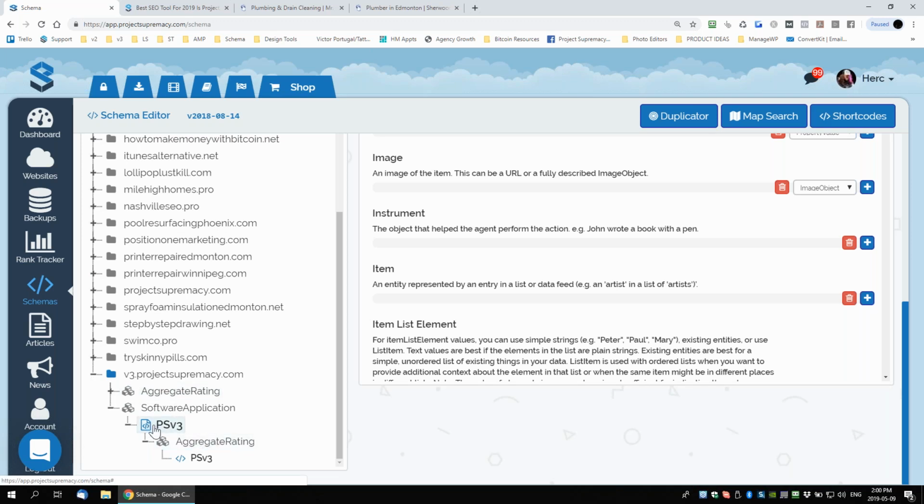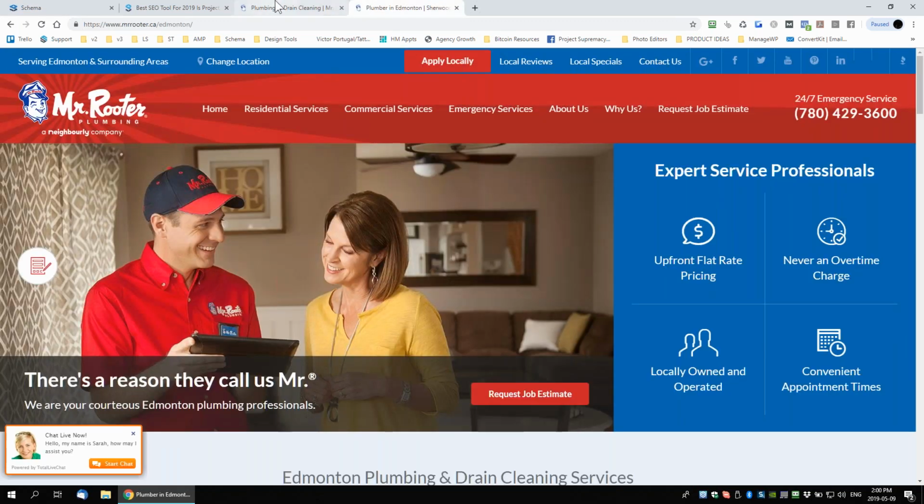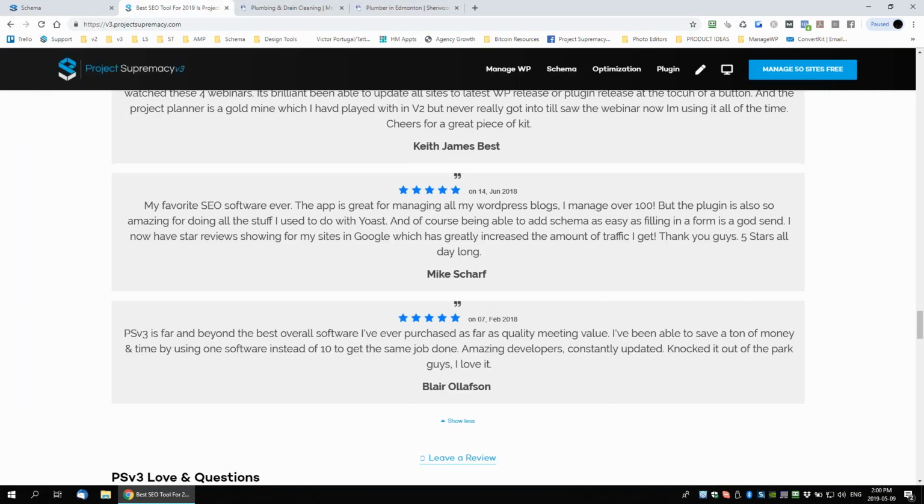Now I know that, like I said, for a lot of you people, this is probably like, what are you talking about? That's where you're going to need to go and watch the replays and the trainings specifically on this. But here's the aggregate rating for the software application that hooks up to the form that allows people to submit reviews,